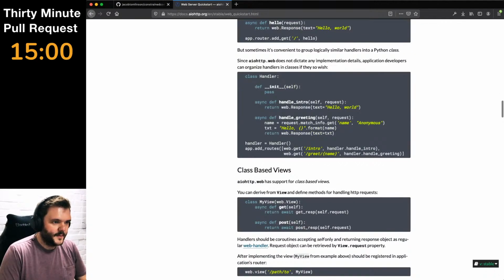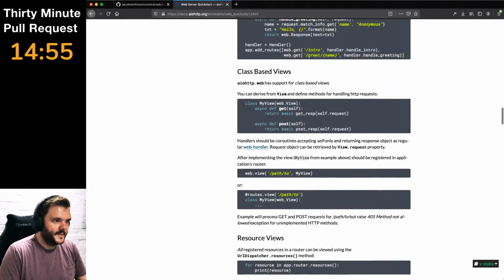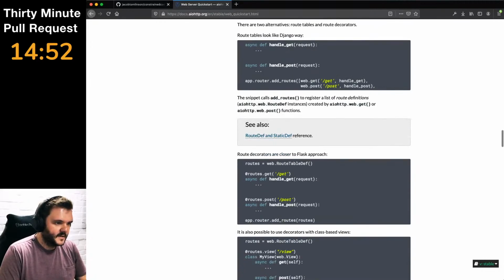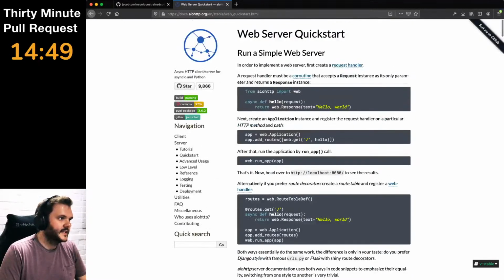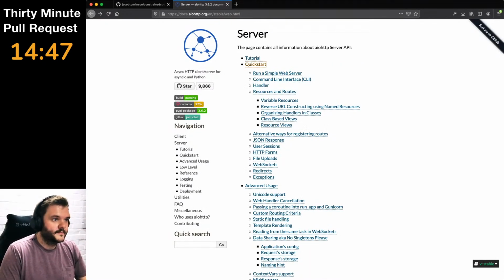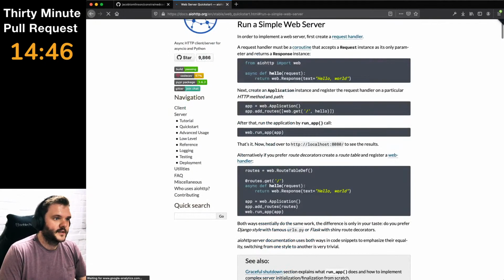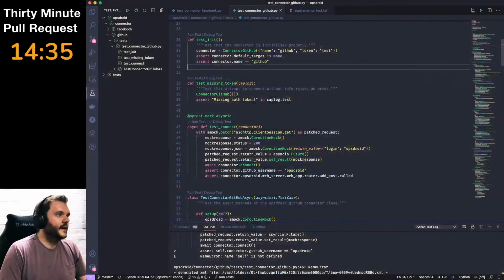I think, is that what we want? Something like that, class-based views. I can't remember the quickest way that I did this now. Run a simple web server. Maybe I should just do that. Yeah, I think I ended up doing a few things here, but what I'm going to do